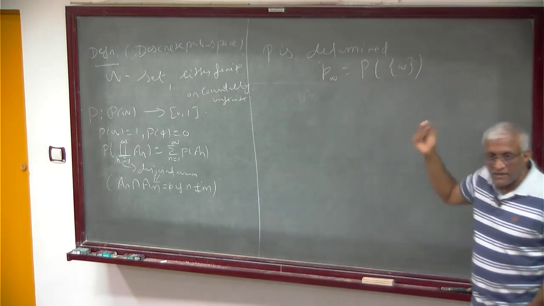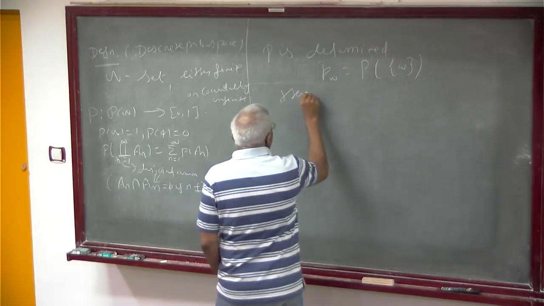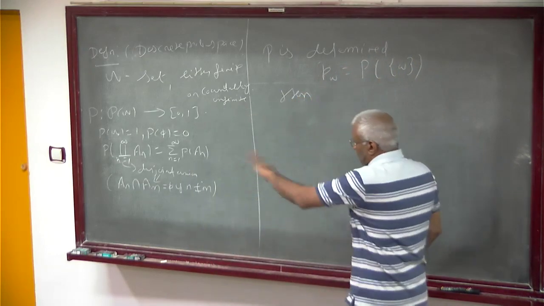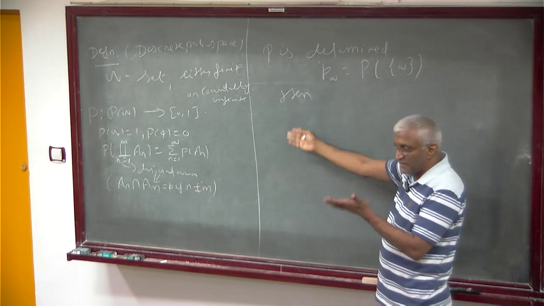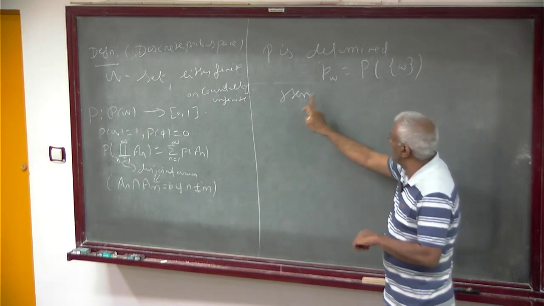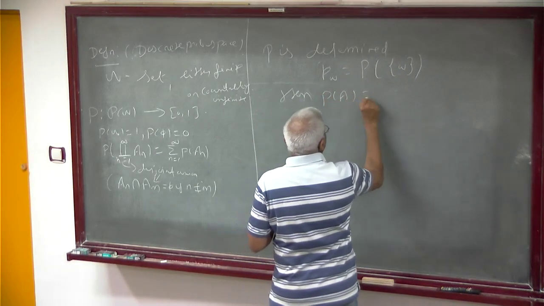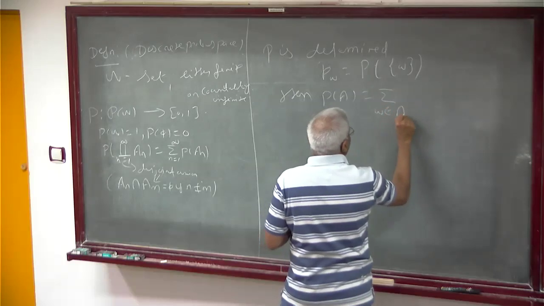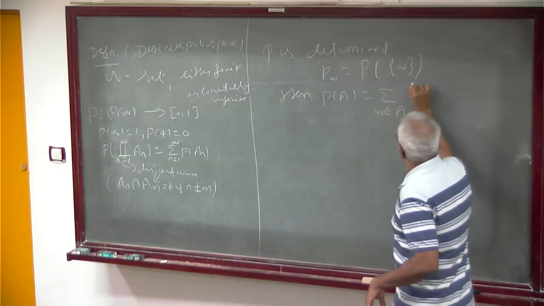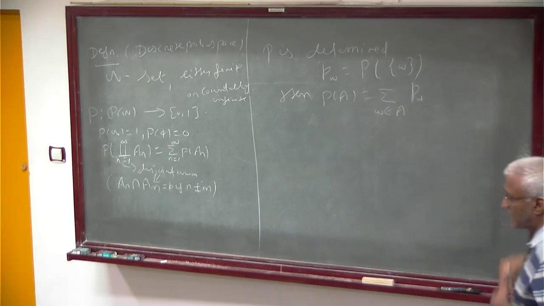So you take the singleton value of that. If you have a probability measure capital P, then you get a small p of omega. Or if you have a small p of omega, then you can define P of any A like that also: the summation over omega in A of p of omega. This is possible in the discrete case.